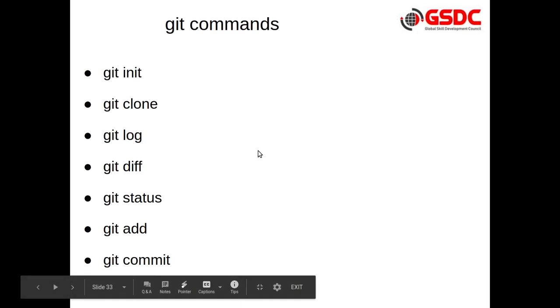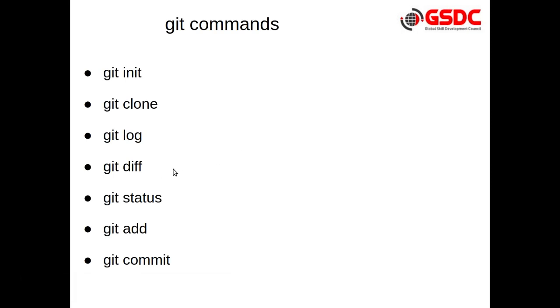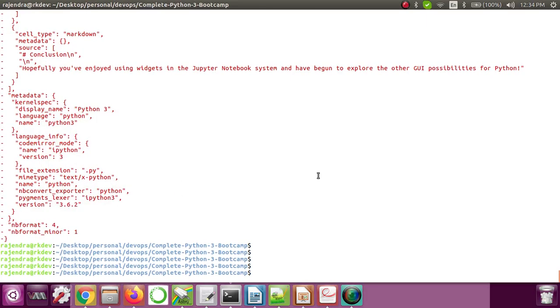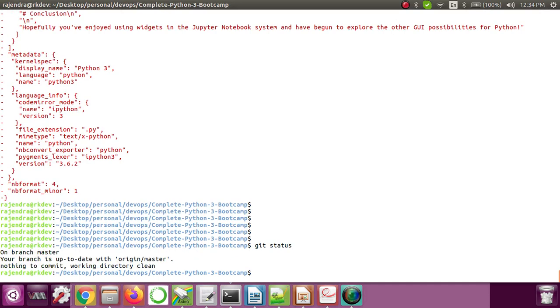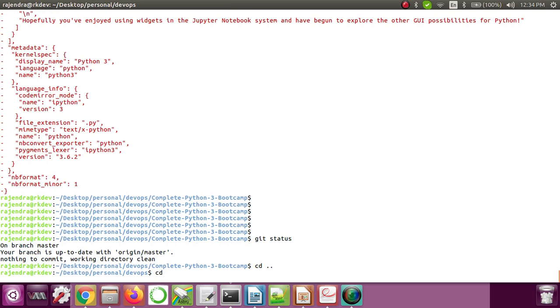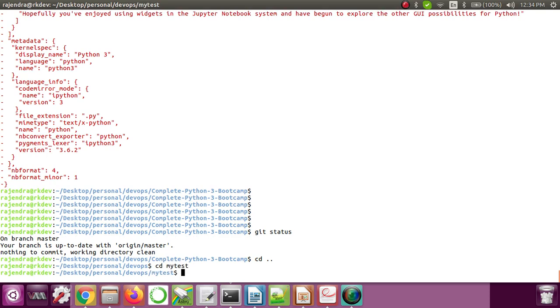Now the next command that we have is git status. So what is the use of git status? Now if I do git status, what it is saying: on branch master, your branch is up to date, nothing to commit, working directory clean. Instead of this, let me go to another directory, that is my test.